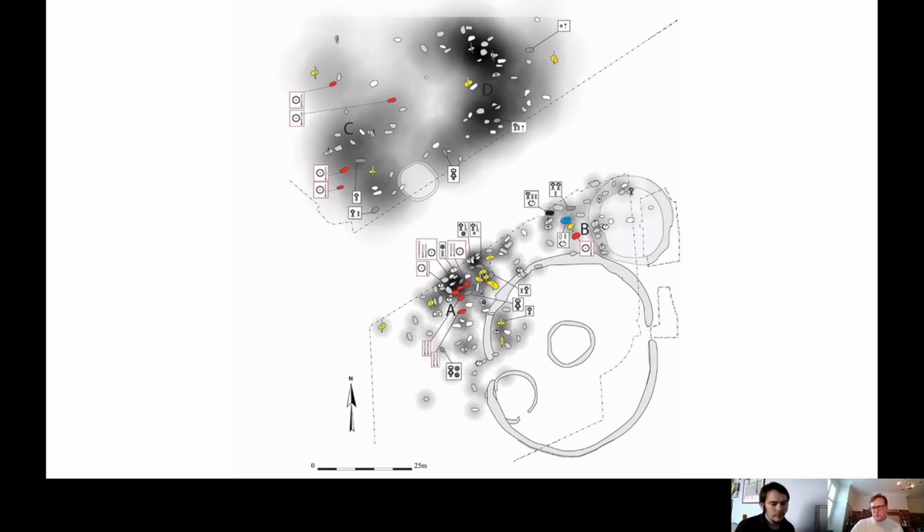The one thing I don't do in the book is look at individuals and say this person is the same height as this person, therefore they must be related, because I don't think you can do that with that kind of data. You could do that with DNA data, and potentially with teeth metrics, because you can get very clear associations of individuals with teeth metrics. But with stature data, I think what we can tell is that there are more individuals more similar to each other amongst the males in A than there are in other places. So they're more likely to be people who are related in the male group in cluster A.